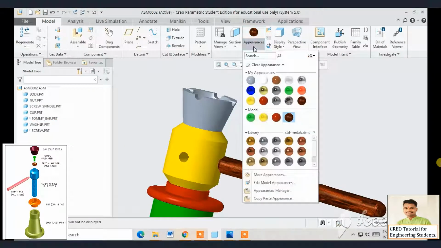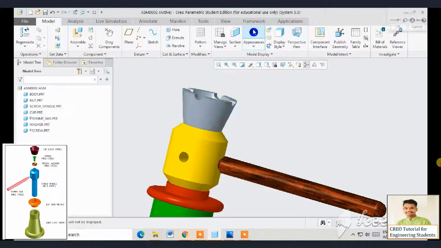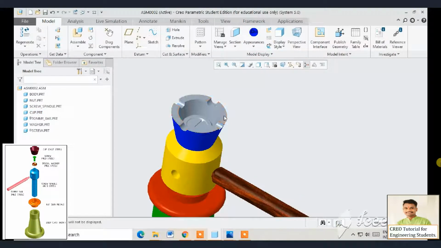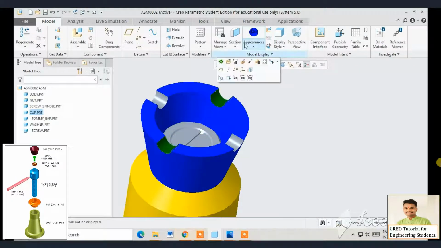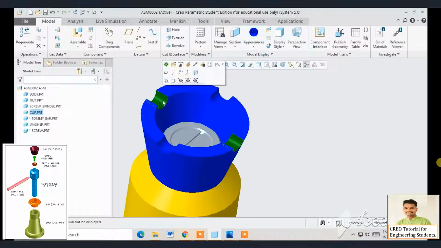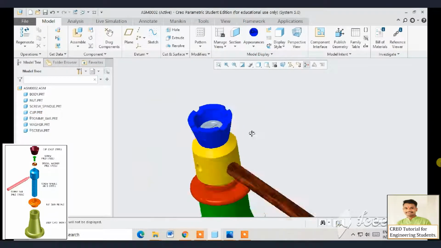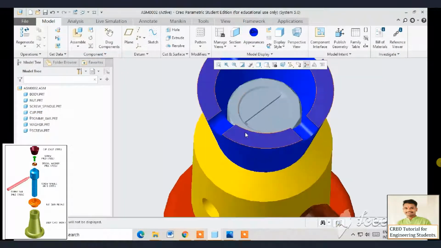Next part is the cup. I am going to give the blue color for the cup. Select each and every face and give the color which is common, blue color.